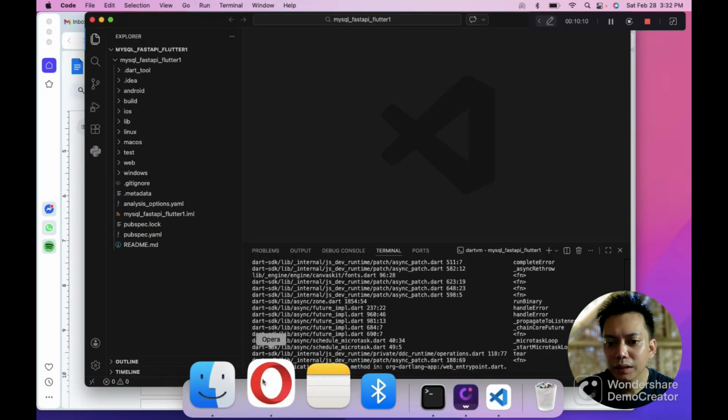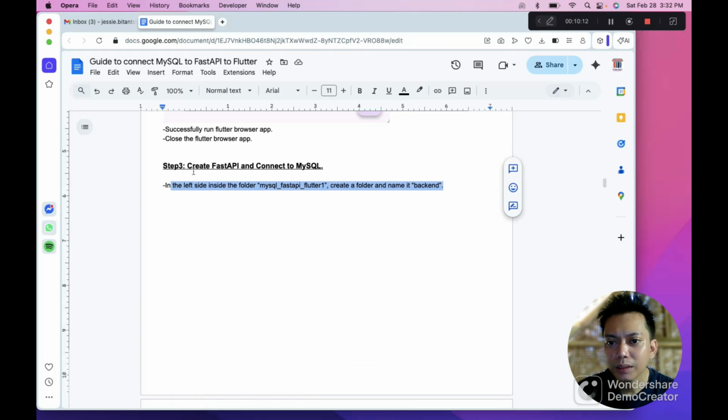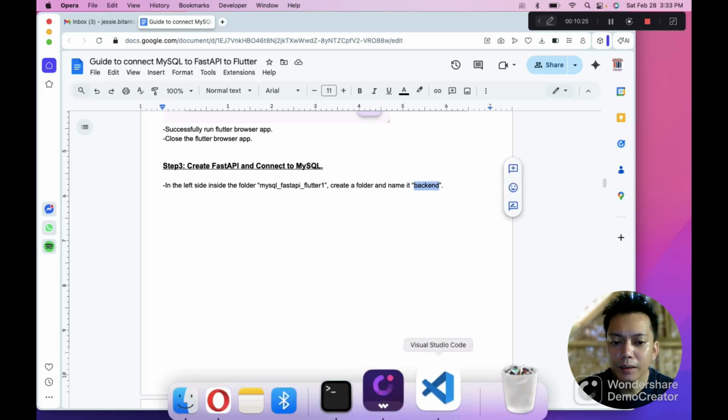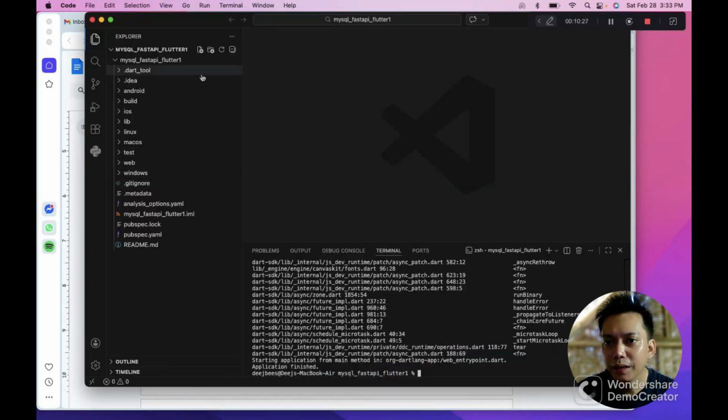So let's proceed. Step 3, create FastAPI and connect to MySQL. In the left side folder, create a folder named backend. Right here, new file.